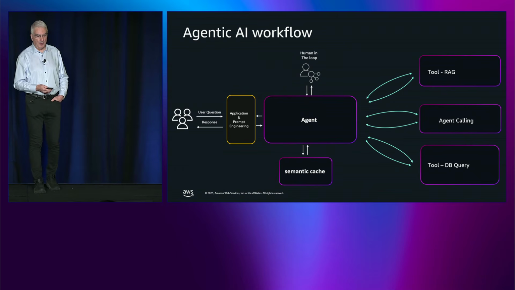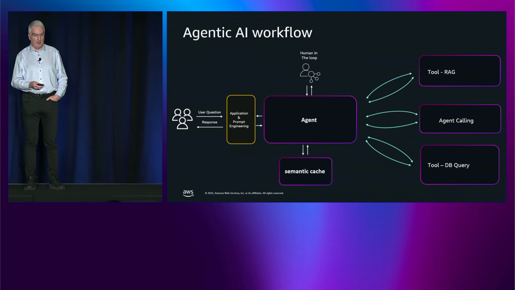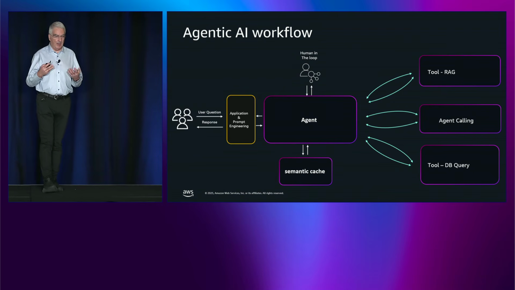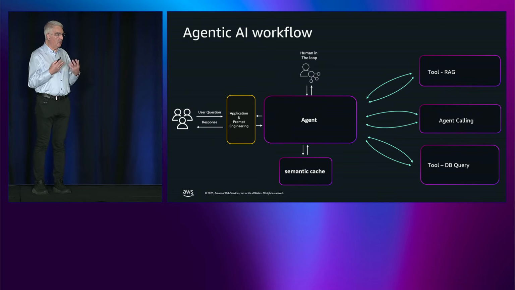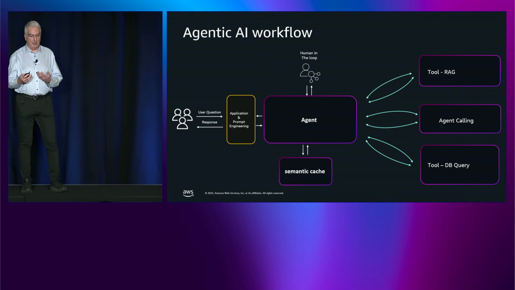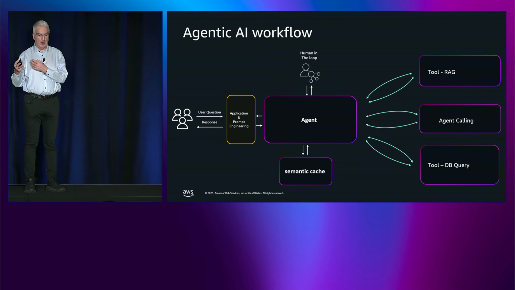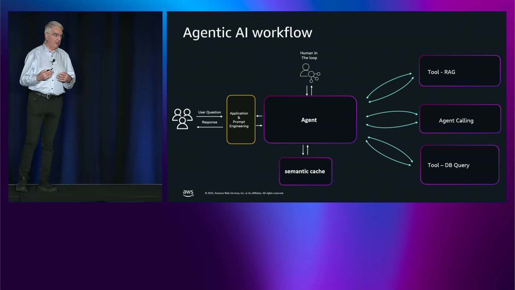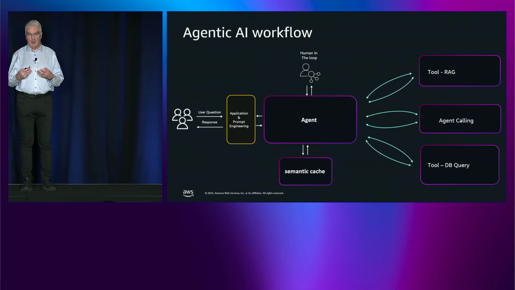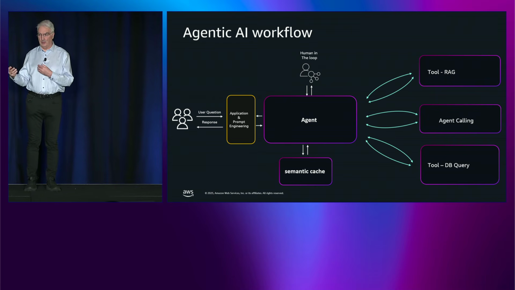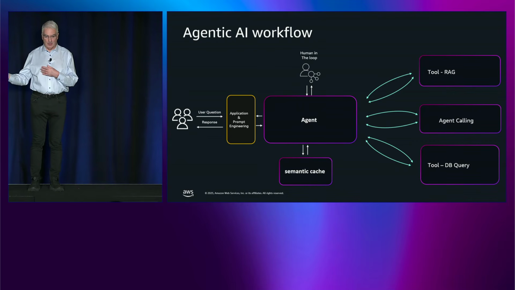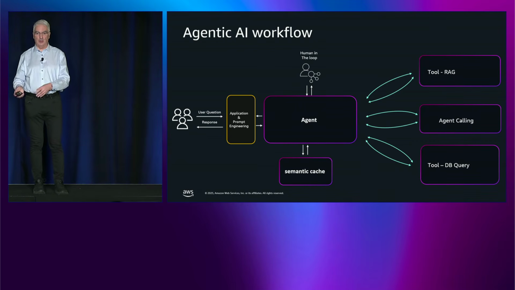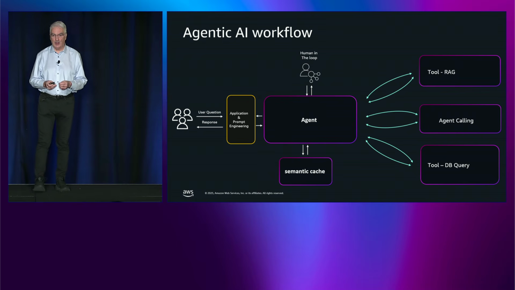From an architecture point of view, we have the same setup again, where we have an application, and the application is doing the prompt engineering, checking the user, etc. That's then forwarded to the agent, and I'll break down what's inside the agent in the next slide. But we've also put in a semantic cache, because what we're seeing is a lot of times with an agent, the query or the question is similar to the one that's already been received. So you don't need to go through the whole workflow. You can just pull something from a semantic cache, and that gives quite a good saving in terms of costs.